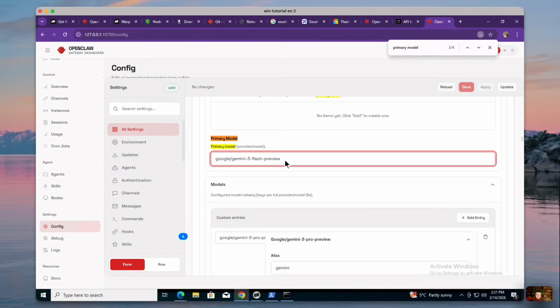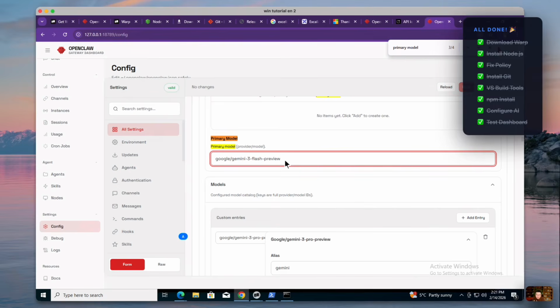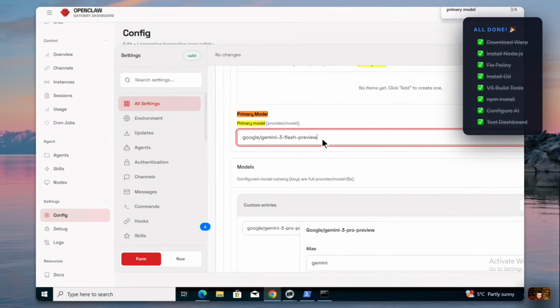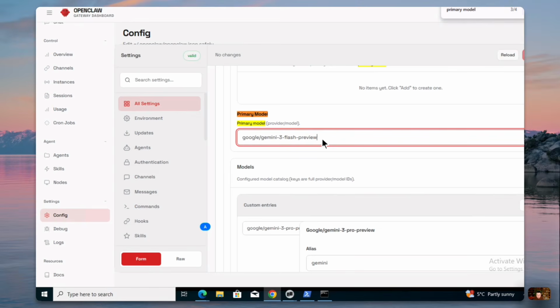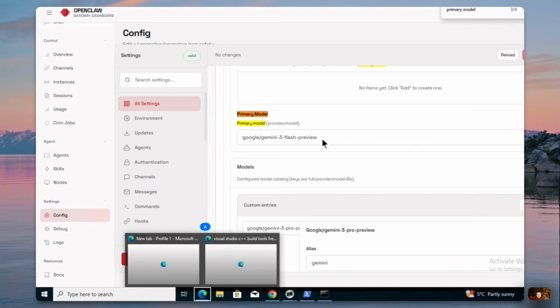And that's it. Again, Windows is not that straightforward. It takes a very long time, but it's fine. It's just a one-time thing. But personally, I would suggest you use a Mac Mini or a Linux machine. If you use a Linux machine, I think